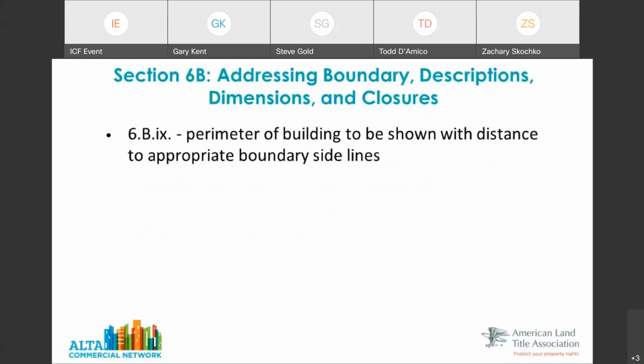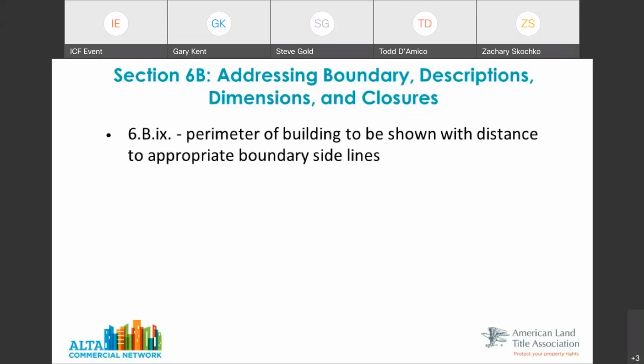On 6B9, simply the perimeter of any buildings that we located on section 5, those need to be shown. We already had to show it because of 6A, we talked about that. But here we're going to show the distance to the appropriate sideline of the boundary. And what appropriate really means is, might this building be impacted by a setback?